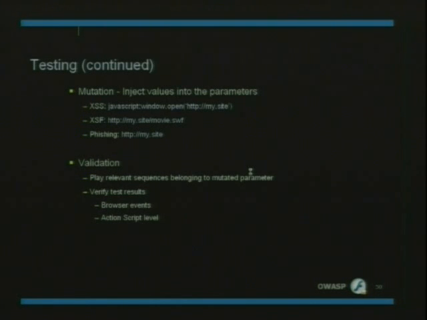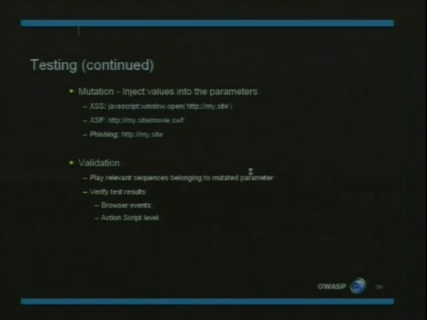We then want to inject values into these global parameters, navigate to the location of the vulnerable code, and test to see if the code was executed, for example, if the JavaScript code was executed, or if a malicious Flash file was loaded, or if the